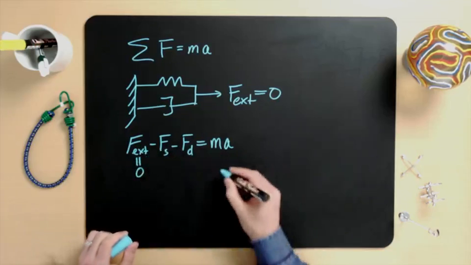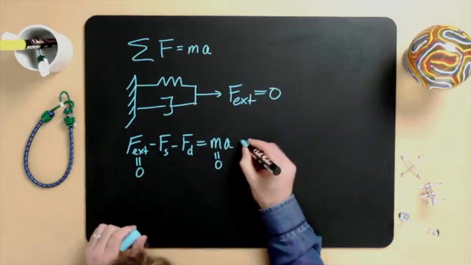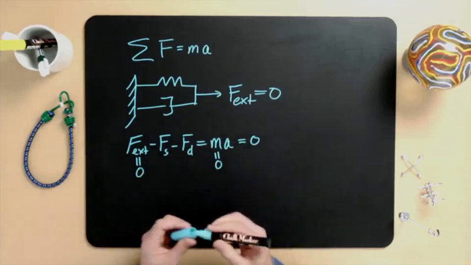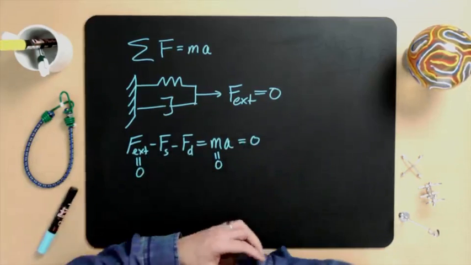I strongly recommend that you get in the habit of making sure that you think about the physical meaning of each force as you incorporate it into Newton's laws. Now, if we assume that the external force is 0, and if we assume that the mass is 0, we are left with a much simpler expression of Newton's laws. If we use the constitutive laws from Lecture 2 that relate the spring force to the spring position and the damper force to the damper velocity,